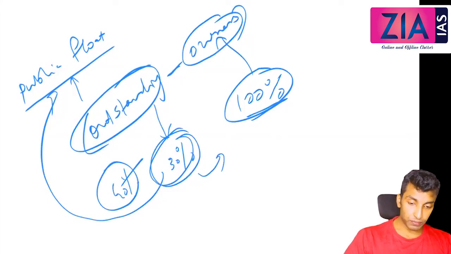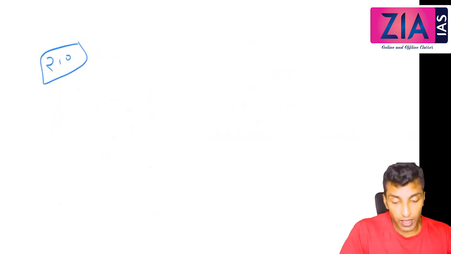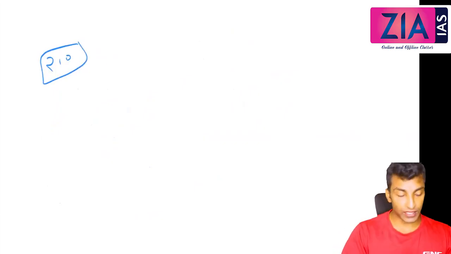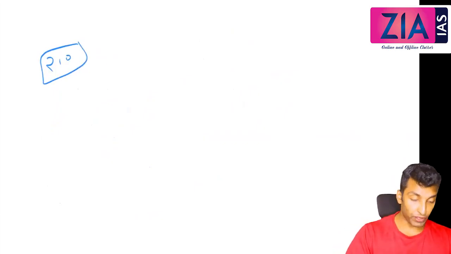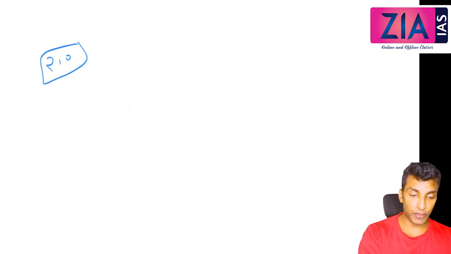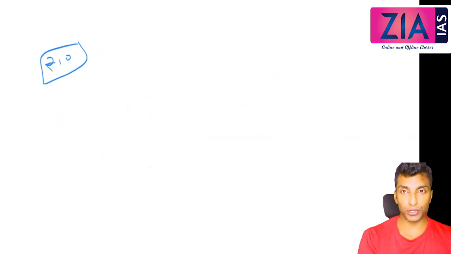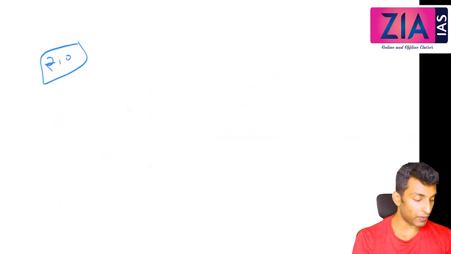What is the face value? In yesterday's example, I've told you, for example, initially it is 10 rupees. When the IPO is issued, face value means the price of the share at the time of IPO, the first value of the share. When it is issued for the first time, what is the value? That is the face value.